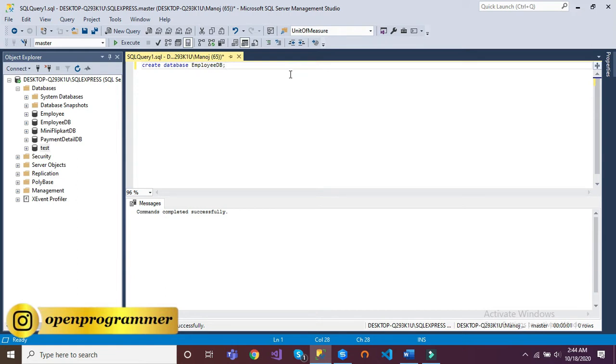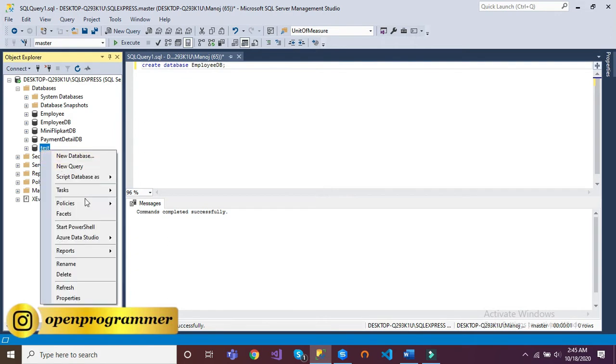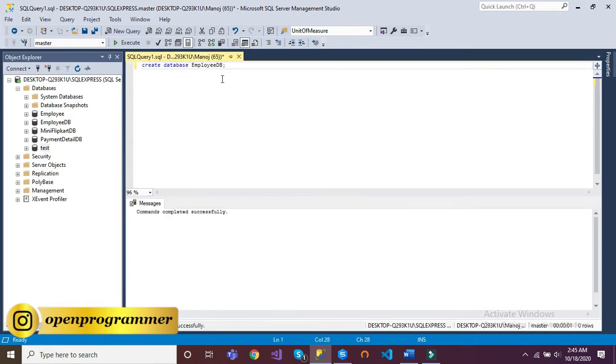If you want to delete it, the first way is to right-click and click on Delete. For example, we need to delete this one through a query. How will we do that? There is a command, drop database and the database name. Select the query, click on Execute or F5. It is deleted.